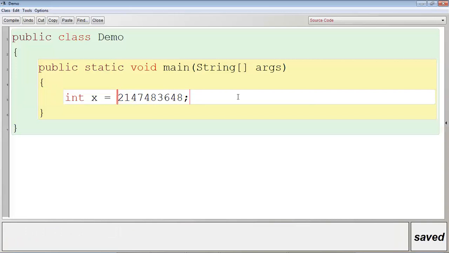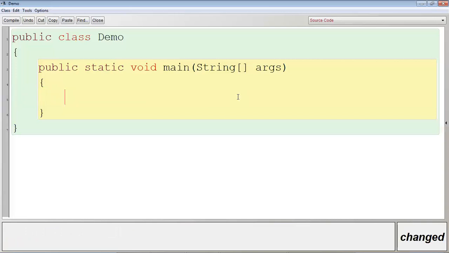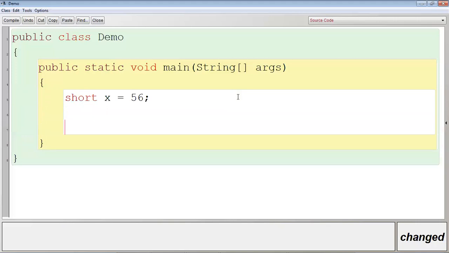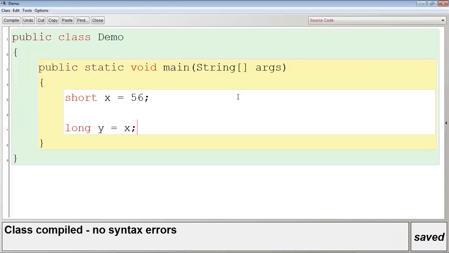For long, double, float, you can check yourself. Now let me tell about typecasting. Suppose the data type is short, x is equal to suppose 56. Clear? Now if I want to store it in variable y whose type is long, will I get any error? I will not get any error.